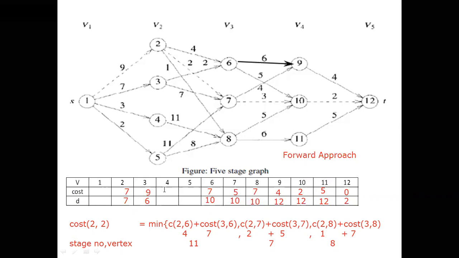3 we done. Next we are seeing for the 4. 4 value will come as 18, and the penetrating vertex will come as 8. This is the vertex. I will write it as 8 here. And for the 5, the value while calculating will come as 15. And for the 5, the penetrating vertex is 8. This vertex only. For D, I should write.